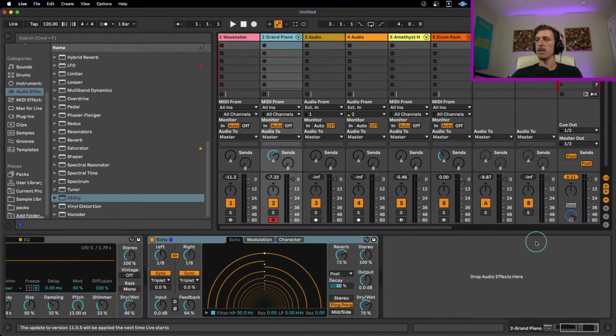All right, so I got this piano guy here. All right, so Alex is asking, when using Operator to make wobble sounds, would you recommend cutting the lows and simply relying on sub bass and kicks for the bass, or is it appropriate to use an LFO for the bass notes? So